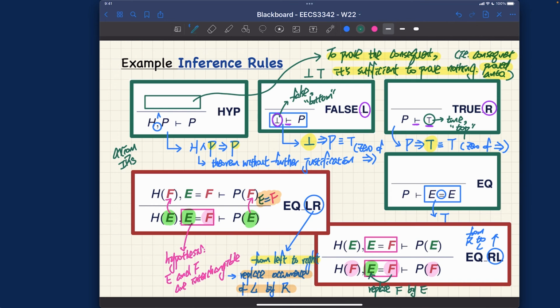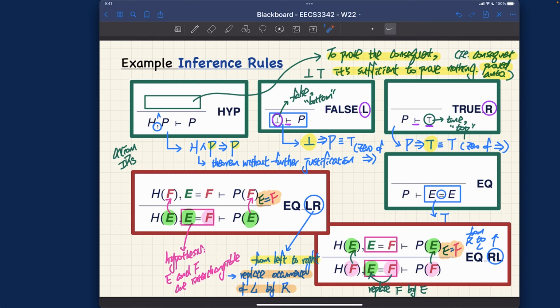So we're going to go from F to E, and also from F to E, given that E is equal to F. You can definitely see that over here. The rule itself is not so difficult to understand,